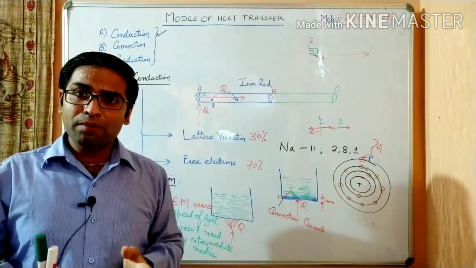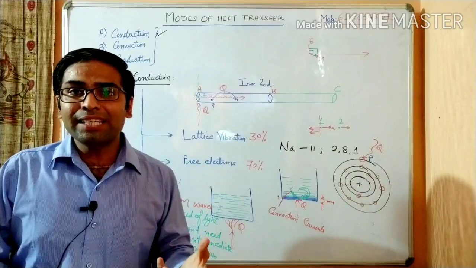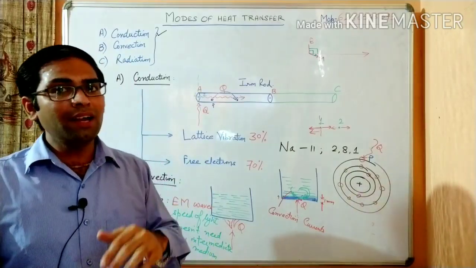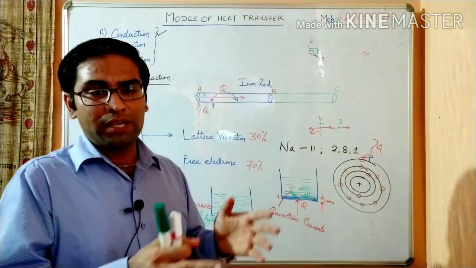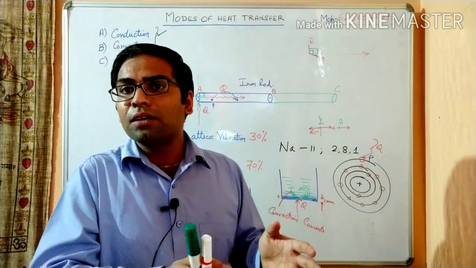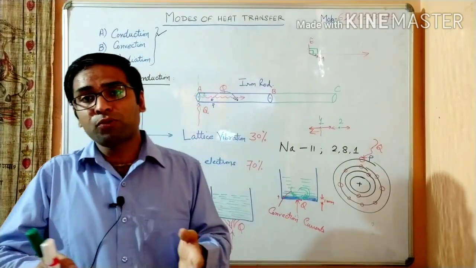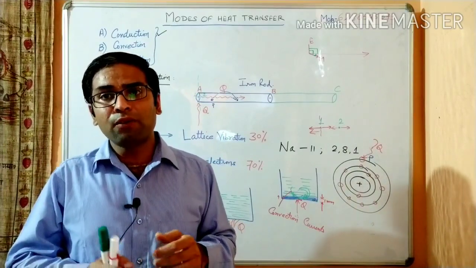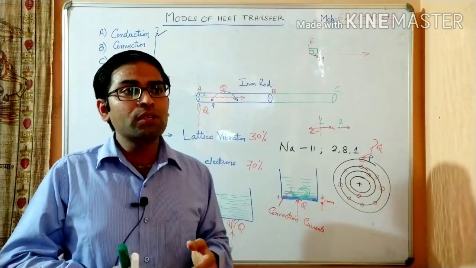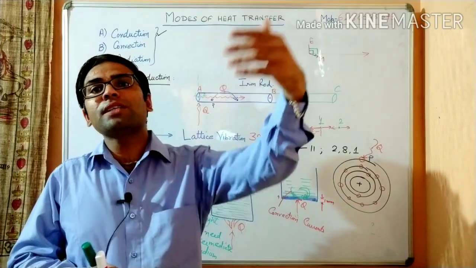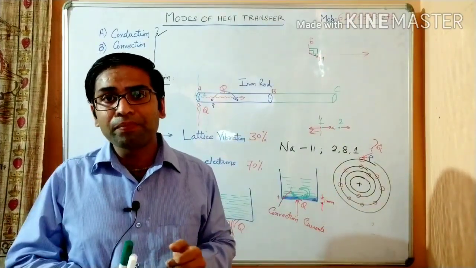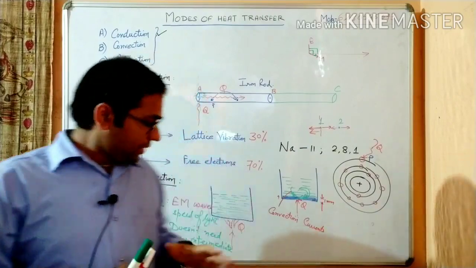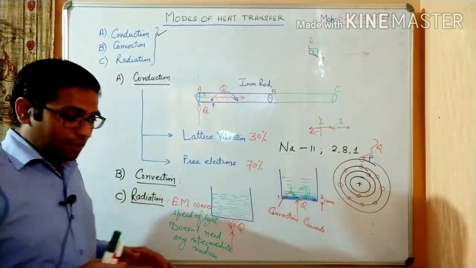The more the temperature of the material, the more will be the intensity of thermal energy carried by the radiations. So if you visit any steel making plant where a furnace is operational at, suppose, 1500 Kelvin, it will be difficult for you to stand even 50 meters away from the furnace in hot weather. So this is radiation.